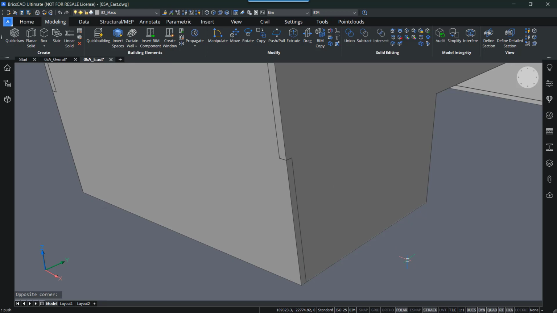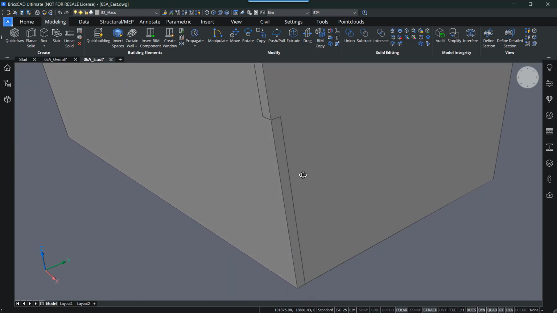So let me open up the push-pull setting. There's a setting called DM push-pull subtract. It should be on, so that means it will also automatically delete the overlapping solid, so that's good. But if it was off for you on 0, please type in 1 and enter to make sure it automatically subtracts as well.